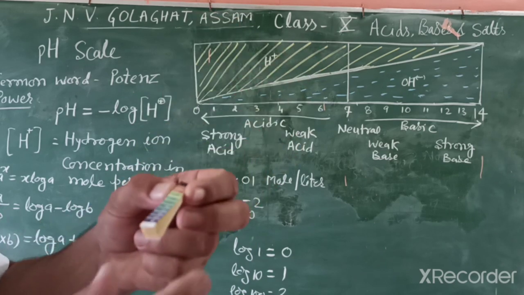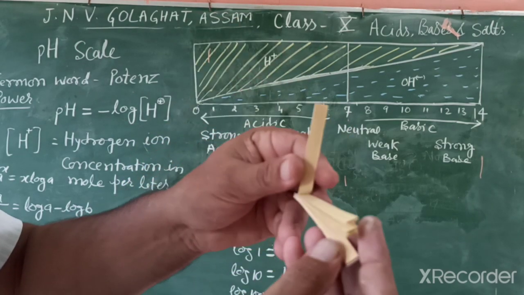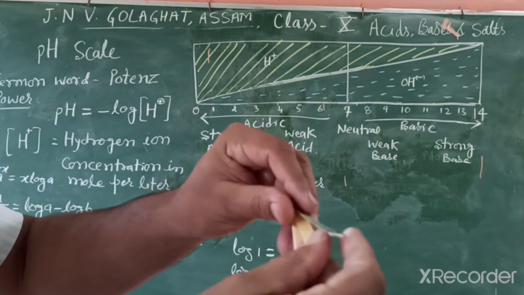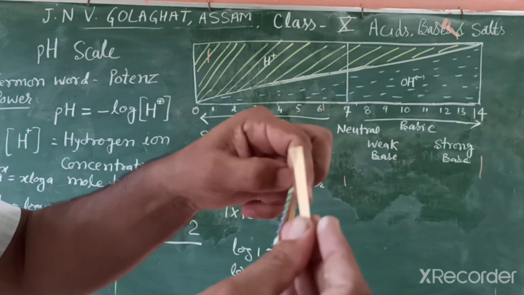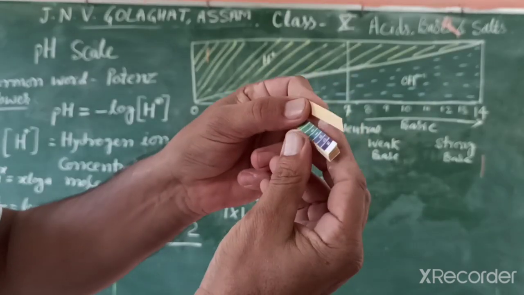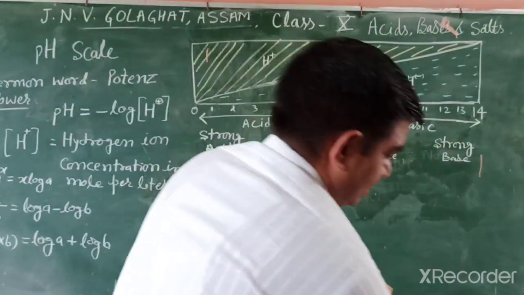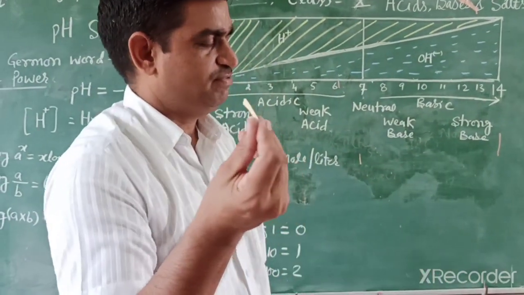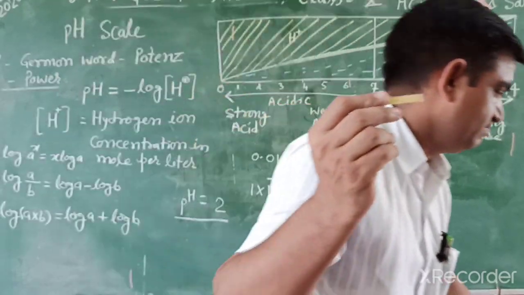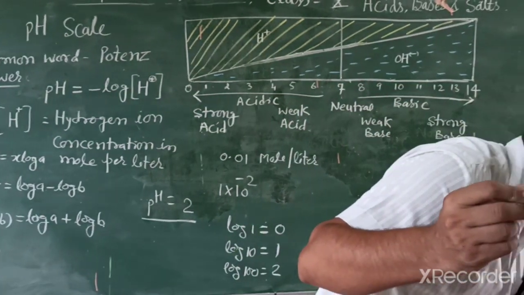These colors sometimes are asked in exams: if red color, what does it indicate? How can we measure? So these are strips like this. They are made with special different chemicals dissolved in this. So how can we identify their pH? For example, we identify different chemical pH. First we want to identify HCl.